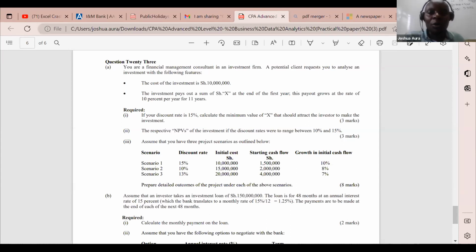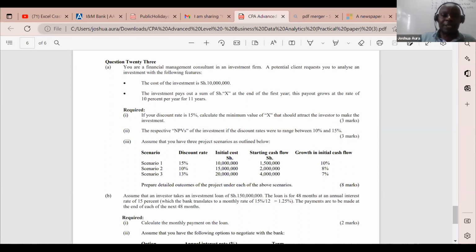This payout grows at the rate of 10% per year for 11 years. If your discount rate is 15%, calculate the minimum value of X that should attract the investor